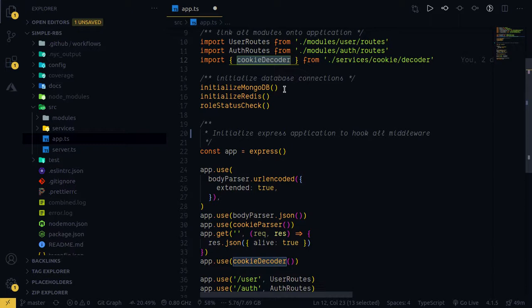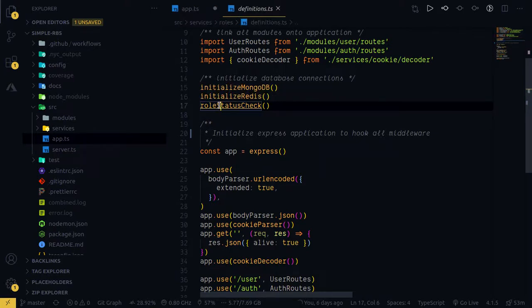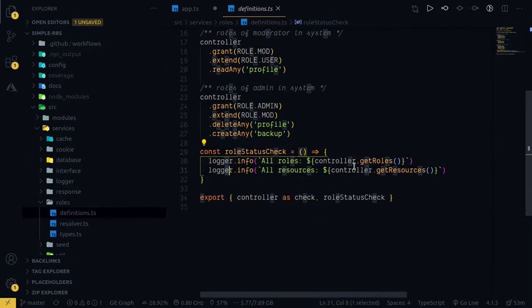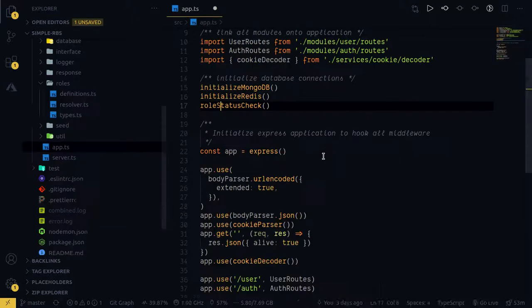And here we are initializing the databases and ensuring that these databases are functional before we start the application. This one initializes a MongoDB instance, this one initializes the cache storage that we have, and the final one ensures that the roles are set up, as you can see over here. It says all the roles and resources.